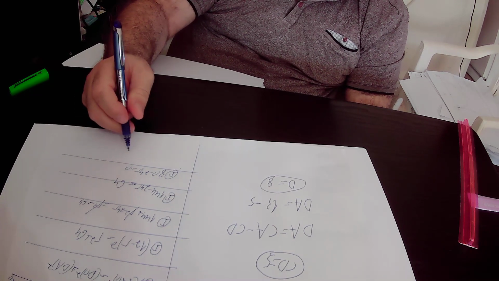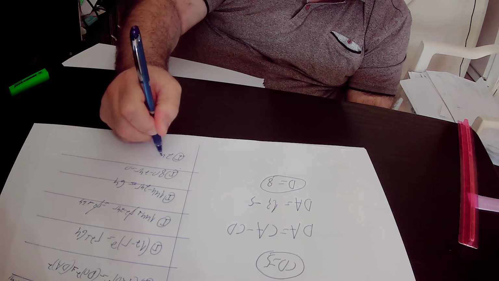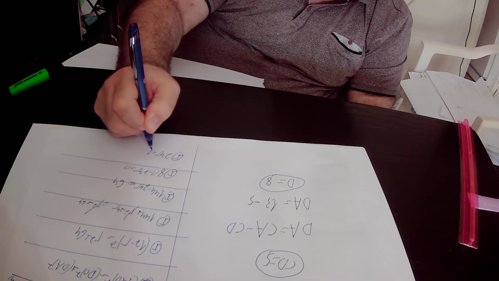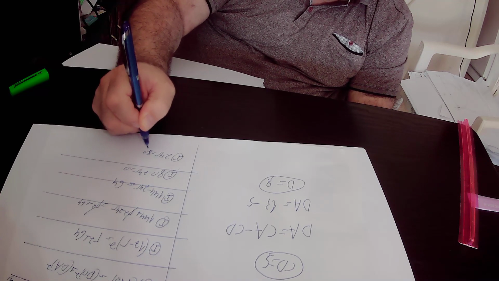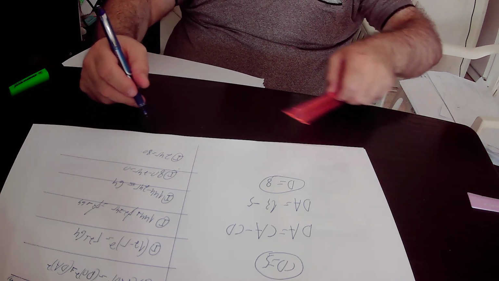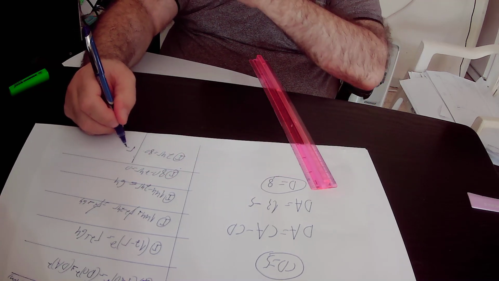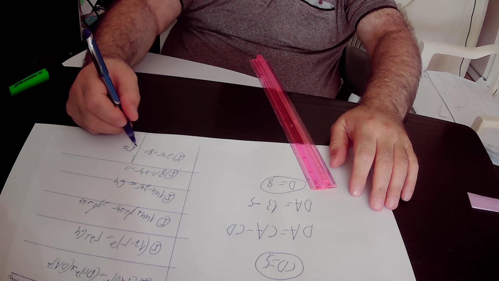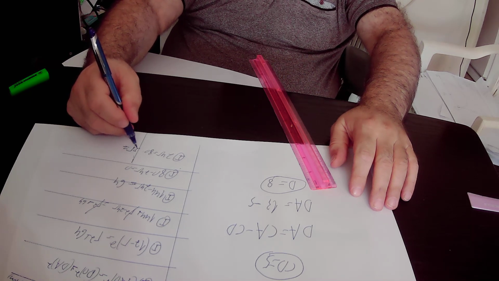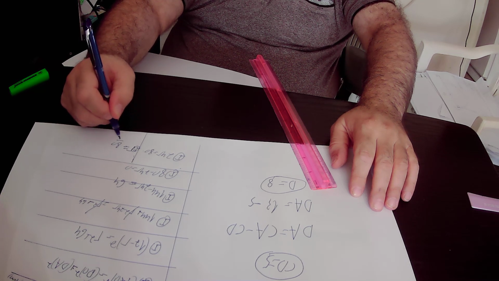Here we will add 24R to this equation, and we will get that 24R equals 80. Here we will divide equation number 1 by 24, and we will get that the value of the radius R equals 80 over 24,